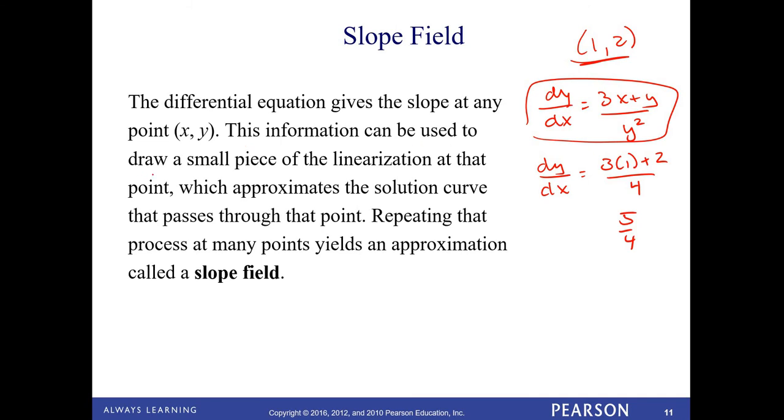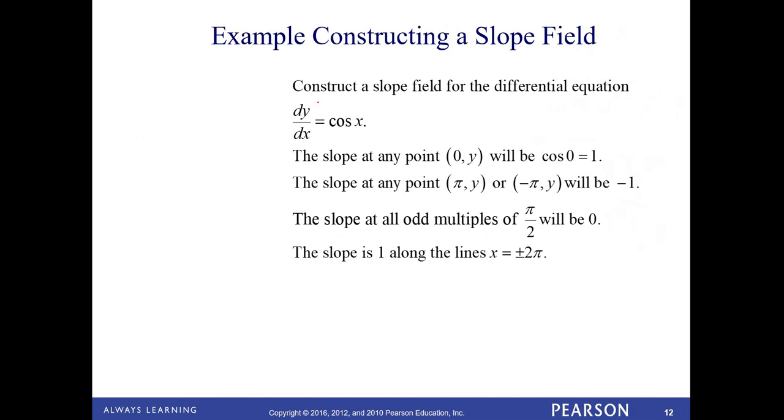Now this information can be used to draw a small piece of the linearization. The slope at this point is 5/4, which approximates the curve that passes through that point. Repeating that process at a lot of points yields an approximation called a slope field. Let's do one together. So we are going to construct a slope field for the differential equation dy/dx equals